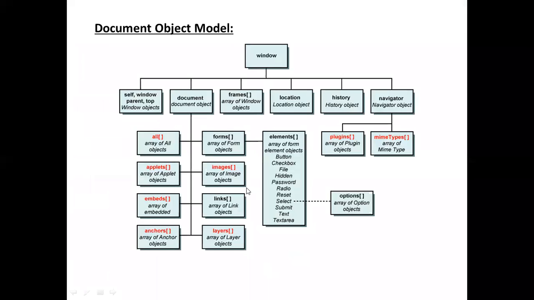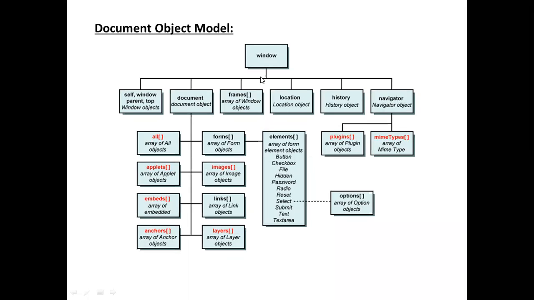Next, we take the select. If you take the select tag, there are multiple options. So the tree structure is like this: window, that is the browser window. Next, document, the HTML document is loaded into the window. Next, in the HTML document, the content form. In the form, there are several elements. Example, in the select, there are multiple options. So this is the tree structure.